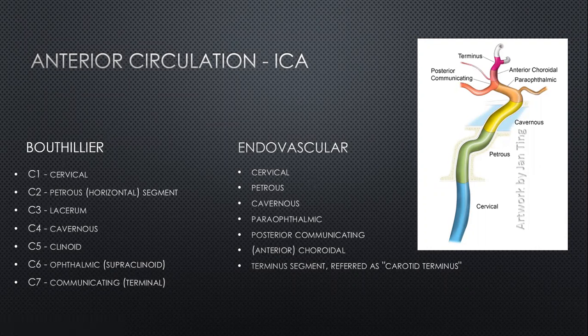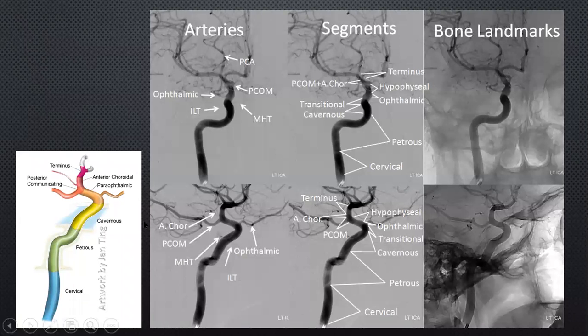So let's look at the anatomy again in the AP and the lateral, and I've left here again the bony landmarks just to show you. The cervical course is of course within the neck. Then we have the petrous course, which goes to the petrous bone. You have the petrous bone here, dense bone with the mastoid here at the back. You can just about see the external auditory canal. And this is the carotid artery as it courses. It's got a vertical part in the petrous, and then the horizontal part. And then this is just about where we would see the lacerum, and then the cavernous segment.